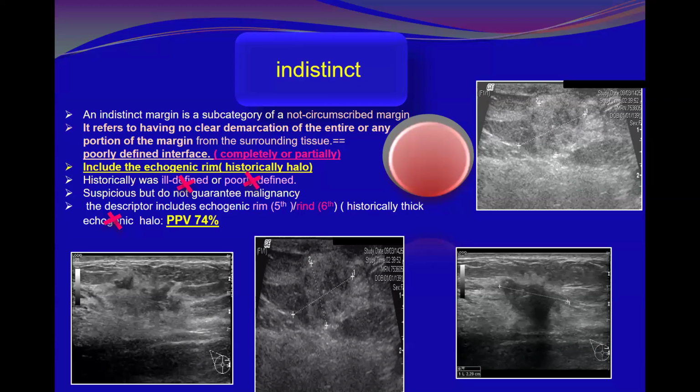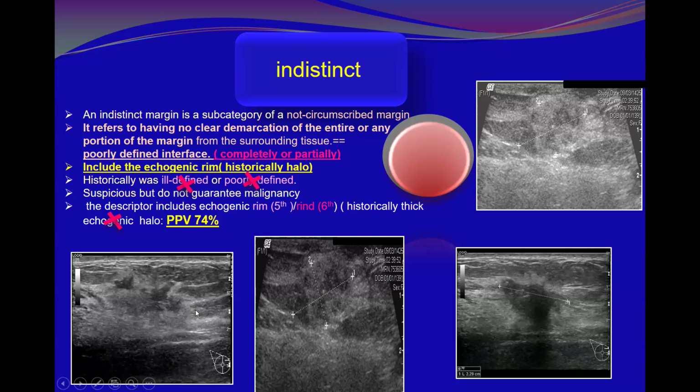In the 5th edition, they replaced it with echogenic rim, and it is expected to appear in the 6th edition as the echogenic rim rather than echogenic halo. Okay? So if you say now echogenic rim, it means